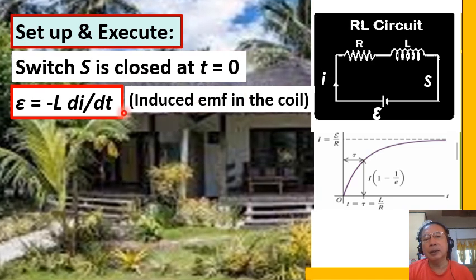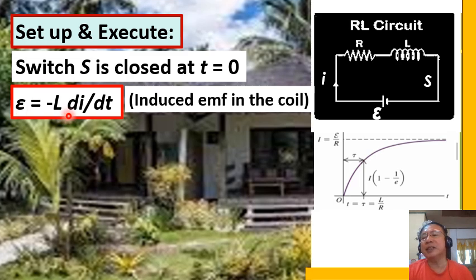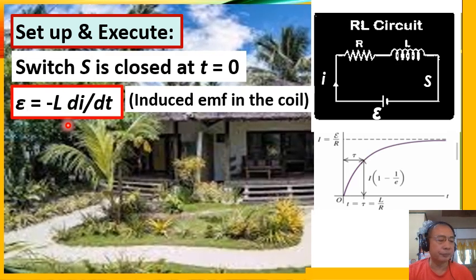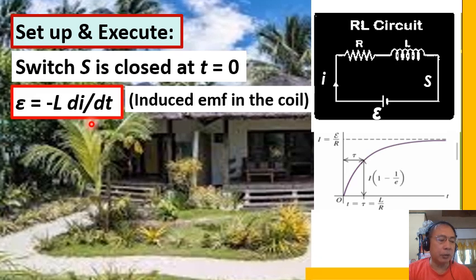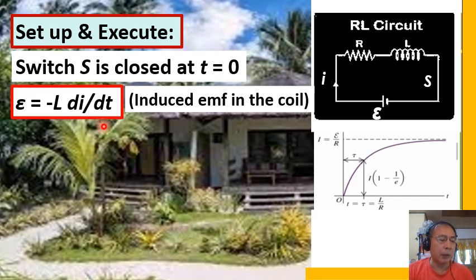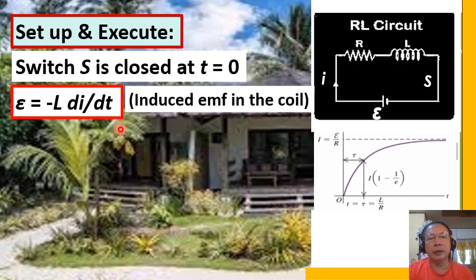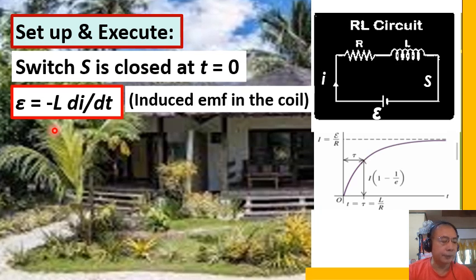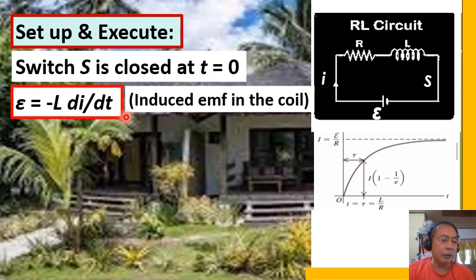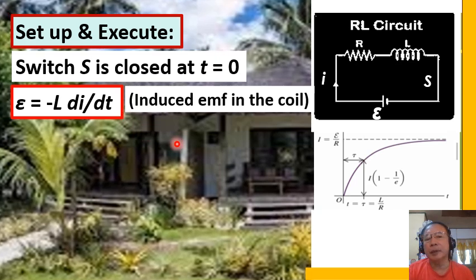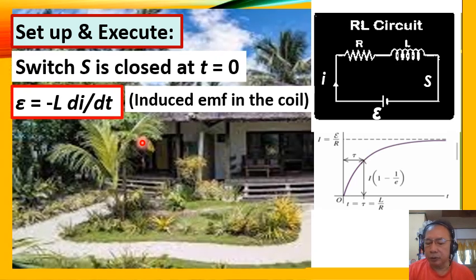And that is expressed in this equation. And it is from this equation that we base the formula for determining the rate of increase in the current di over dt. This is in question letter A,